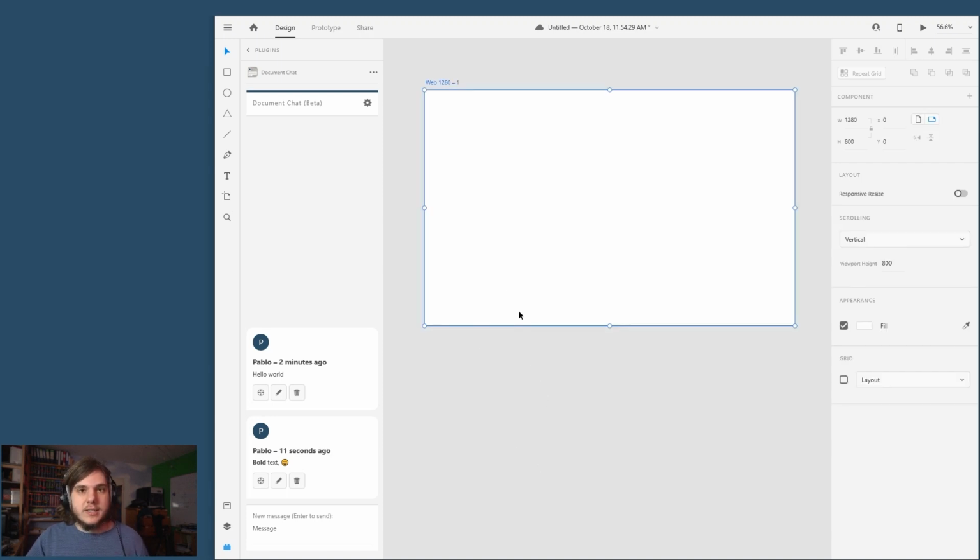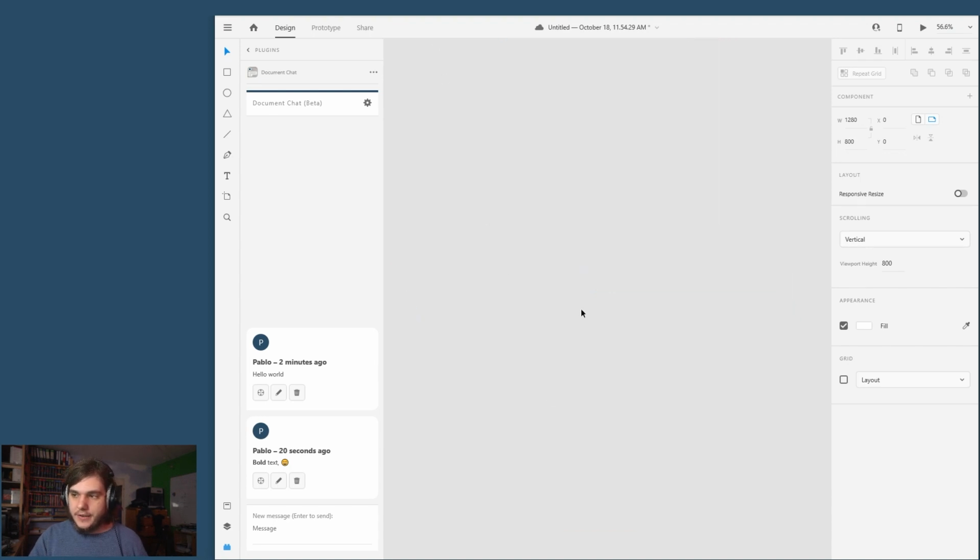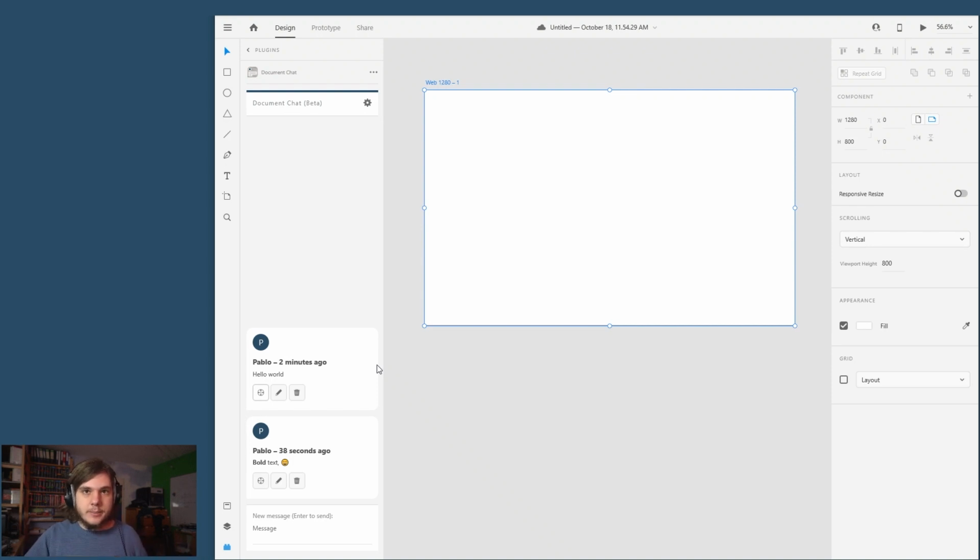One more interesting feature of the plugin, which makes use of the fact that it's directly integrated into Adobe XD, is that if I now were somewhere else in the viewport and I clicked this first icon, go to viewport position, I would jump back to where this message was sent from. So, for example, if a coworker said, could you take a look at this? You don't need to specify what this is, because just by clicking this icon, you can jump to the exact same viewport position the person asking the question was in. So yeah, that's one of the benefits that this direct integration provides.